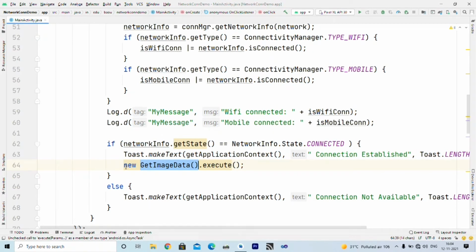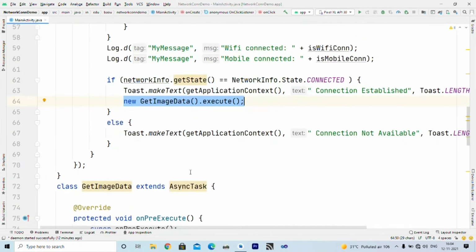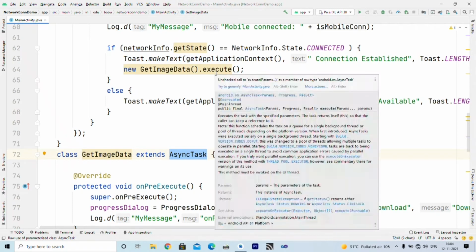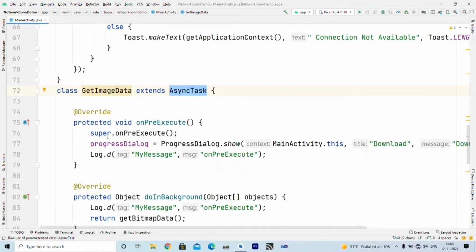Now actually this line is responsible for downloading the image from the remote URL. This get image data is basically an asynchronous task class. So get image data extends asynchronous task, and when I call the execute method, it actually executes on pre-execute first. So what do we write inside on pre-execute? We have created a progress dialog using the progress dialog dot show method.